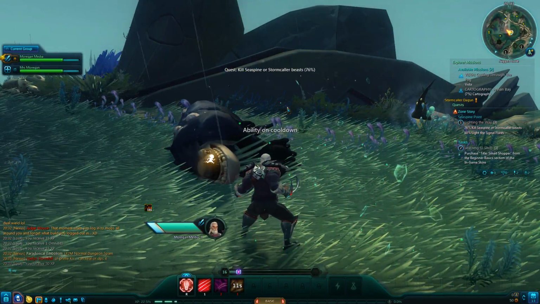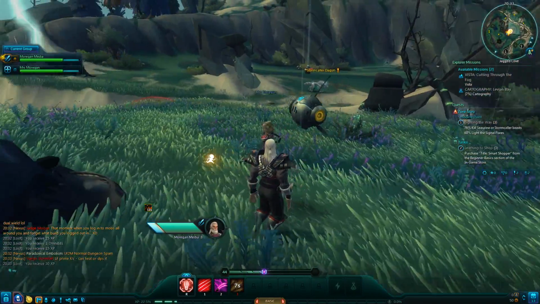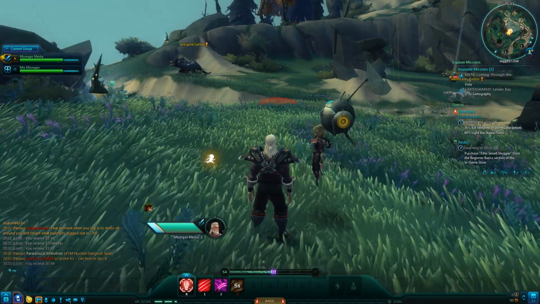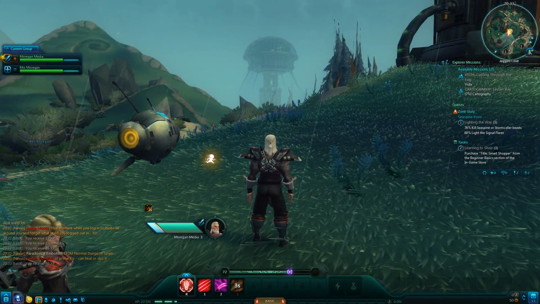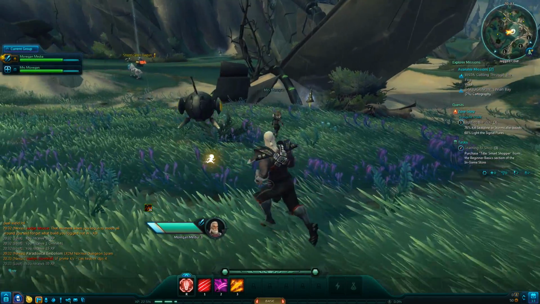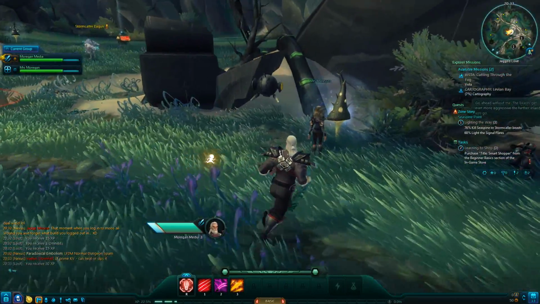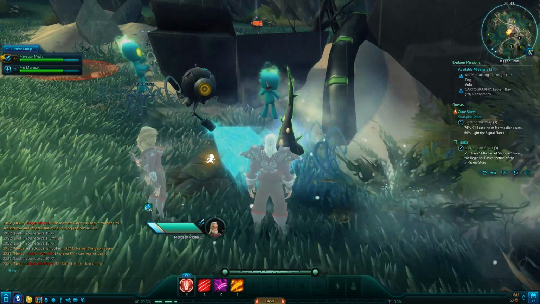Also, looting. There is one button for looting. It's V. And it loots everything in the area, which is nice if you're someone like me who forgets to pick up stuff off the ground. Very true. And also, if you kill four or five things in one area...